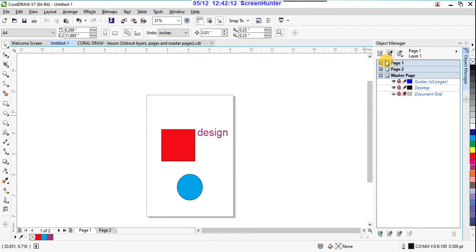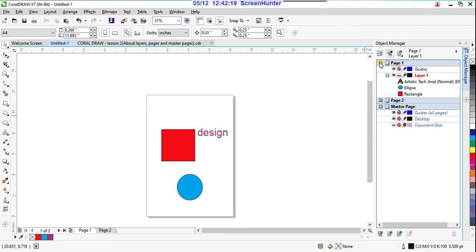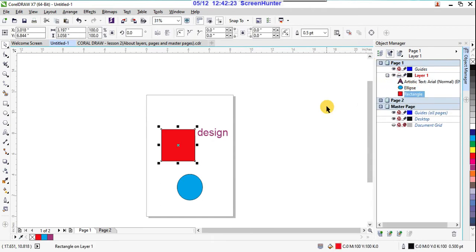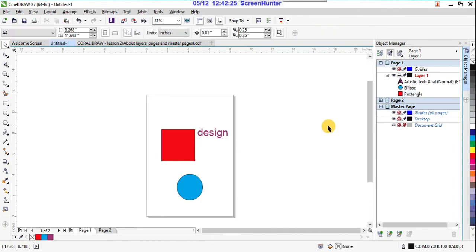So that means the plus symbol you can open and close, right? Open now. Now see, you can select this, this, this. Yes, these are all in one page. Now I want to add something in the second page, just click on the second page.